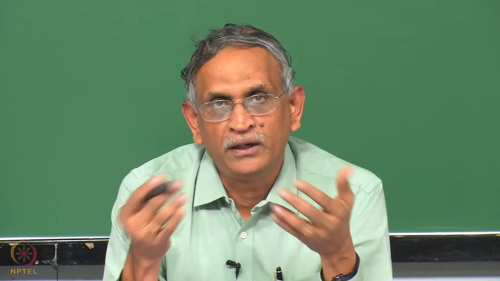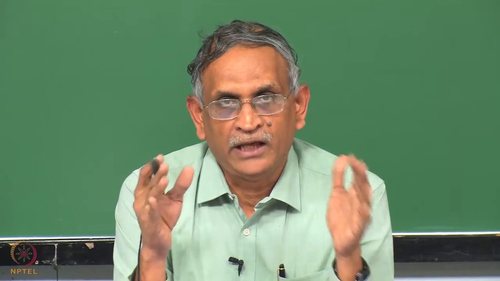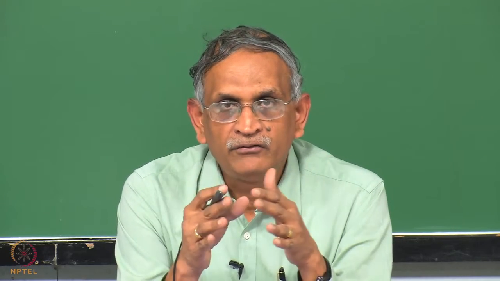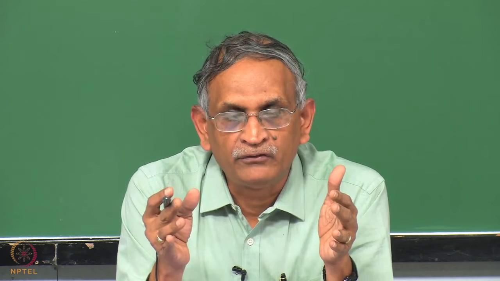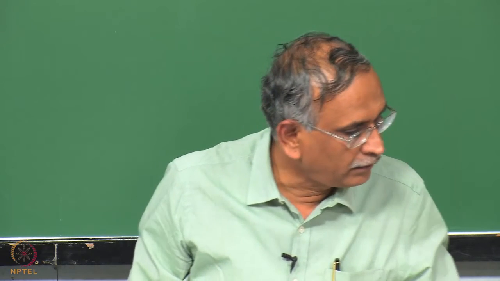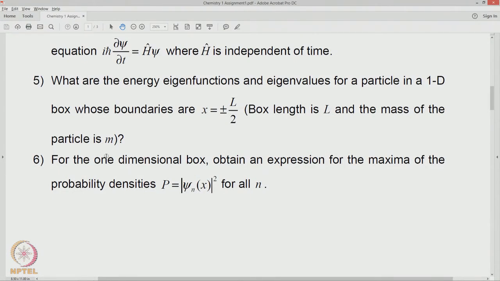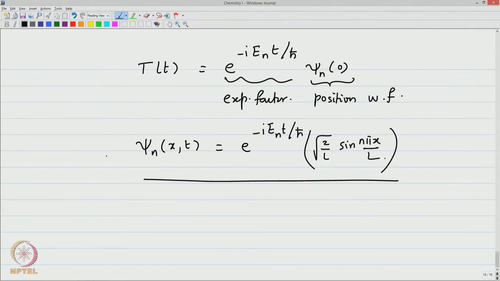The coordinates have been integrated out. Therefore, as long as the length of the box is L and the particle's mass is m, the energy eigenvalues do not change. It does not matter where you put your coordinates if the box width is the same as before. Therefore, the answer about the eigenfunctions is slightly different, but the eigenvalues